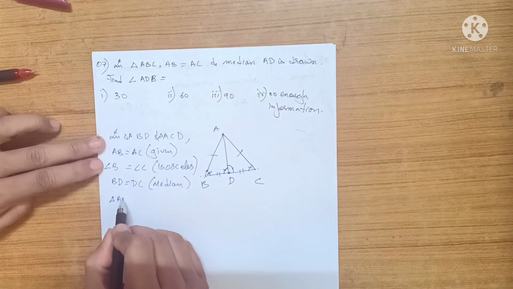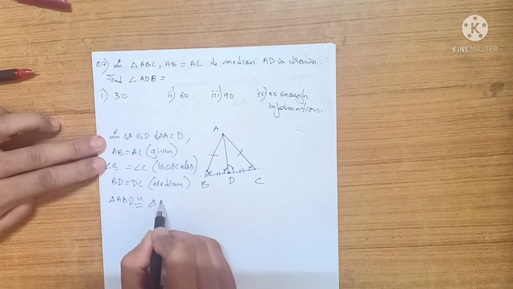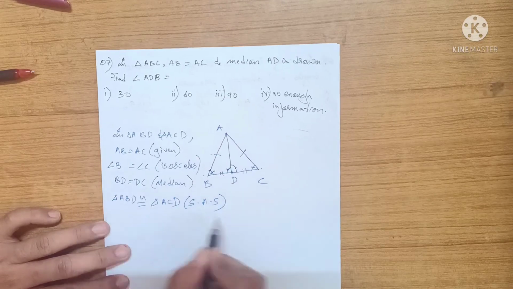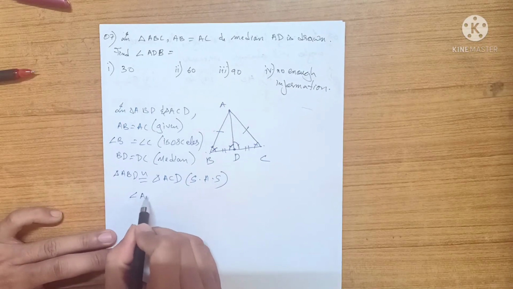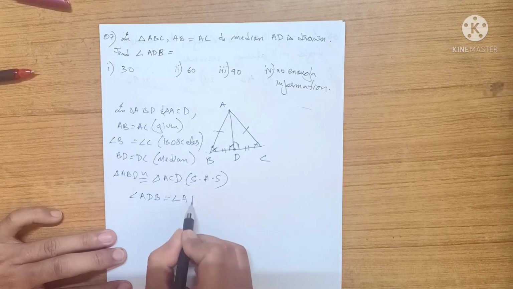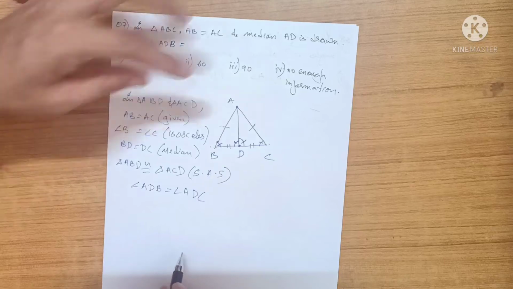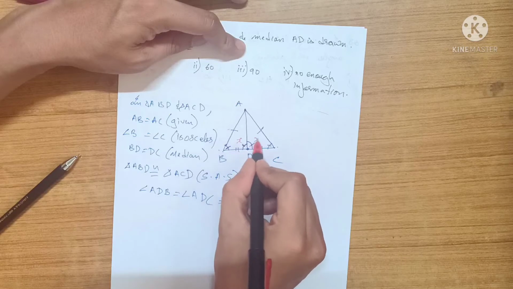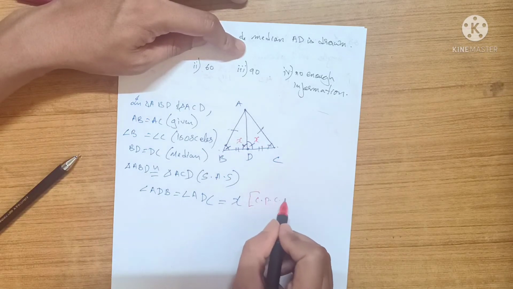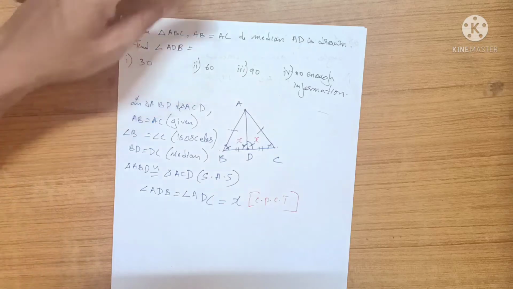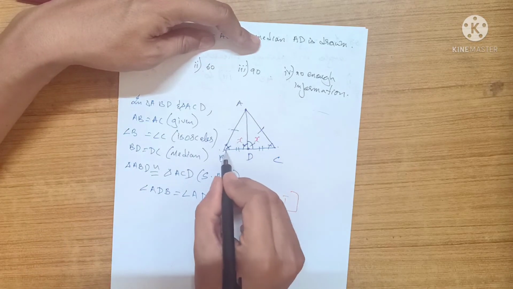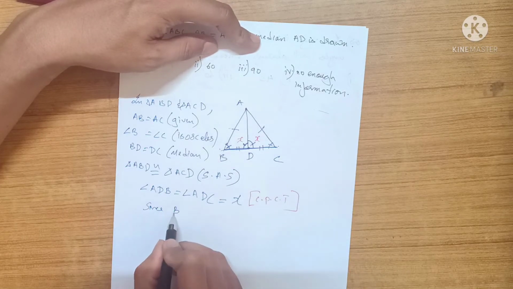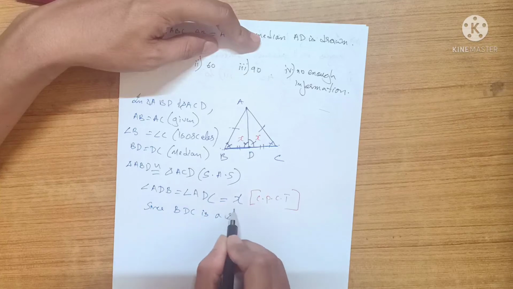So we can say that triangle ABD is congruent to triangle ACD by SAS rule. If these two are congruent, we know that angle ADB will be equal to angle ADC. So these two angles are equal. So now let's take this as X and X. Since we proved that these two are equal, I can take this as X and this is X, right? So if this is X and this is X, and we know this is a straight line, right? So since BDC is a straight line,